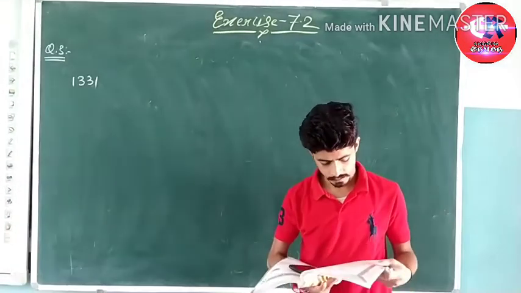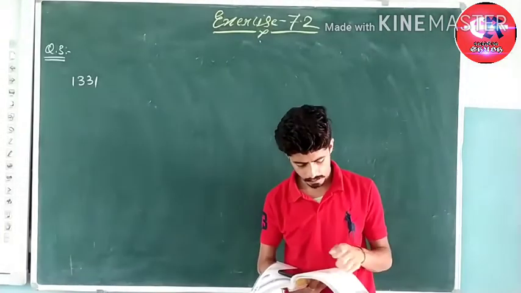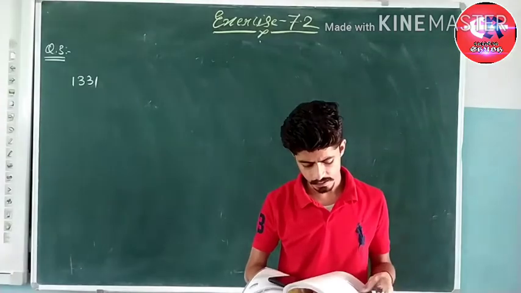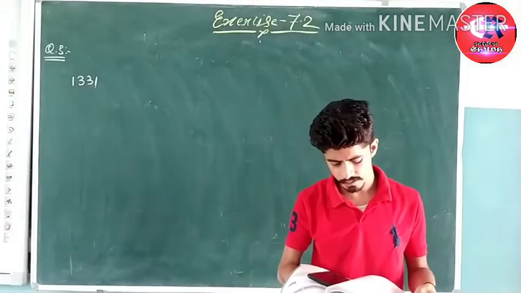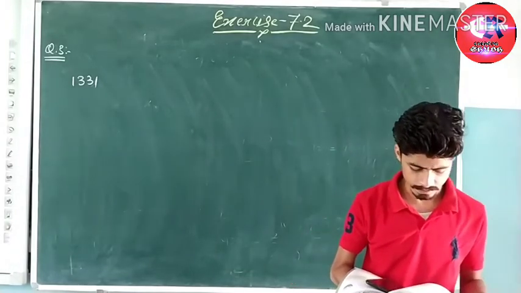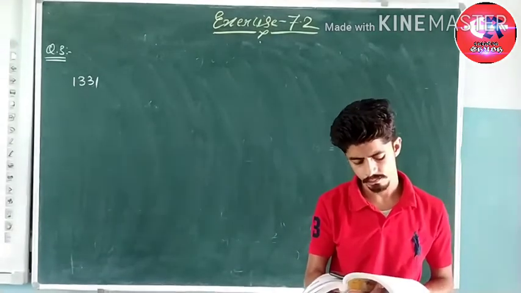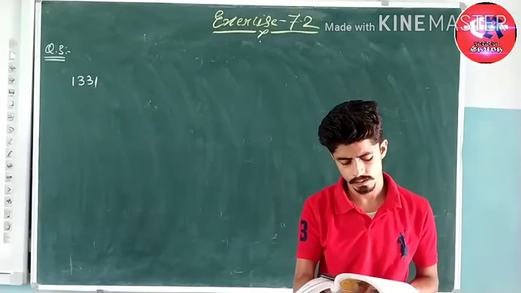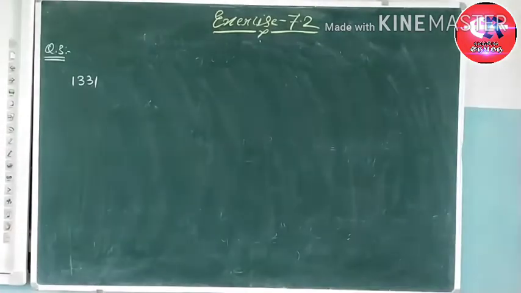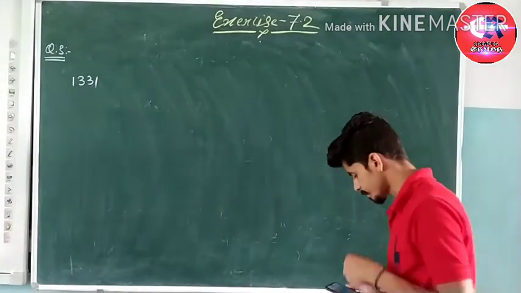The next question is question number 3. You are told that 1331 is a perfect cube. Can you guess without factorization what is its cube root? Similarly, guess the cube root of 4913, 12167, 32768. So for this solution,